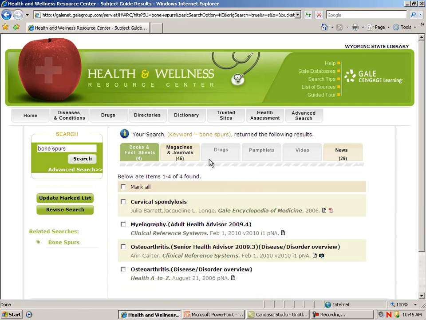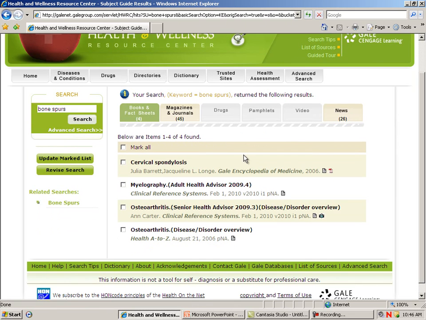The tabs across the top indicate what sorts of results we have. We have 4 from encyclopedias and fact sheets, 45 magazine and journal articles. There are no links to drugs or pamphlets or videos, but I have 26 news items. My list of results are down the center here, indicating if there's a PDF file, full text, or if there are images. I can click on one of my results